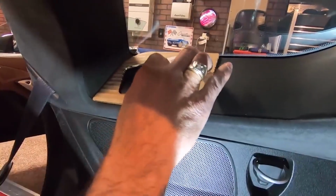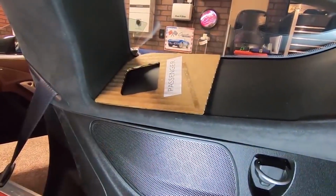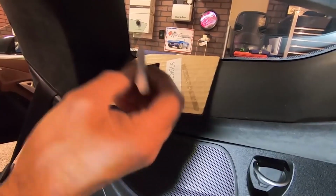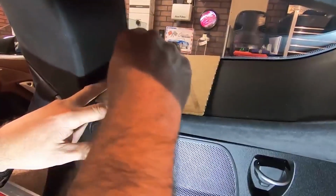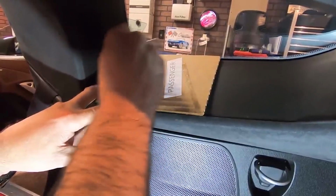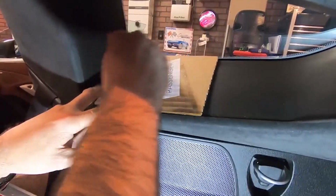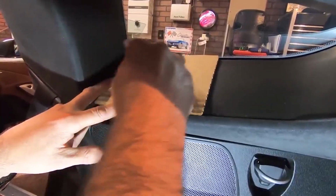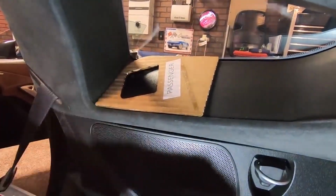Okay. Just like that. So then what we're going to do is take our little adhesive promoter that we've got here. And we're going to go ahead and paint that spot again. All the way around in here. All right, so now that part's done. So now I'm going to grab the other bracket,